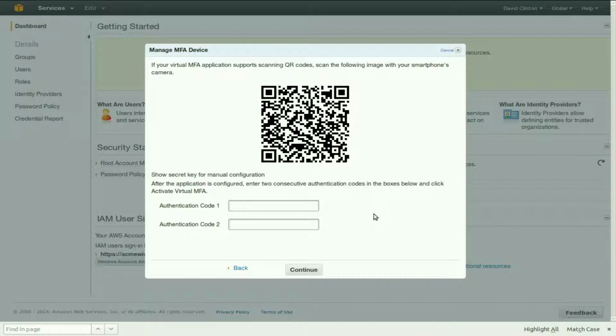So you enter the first two codes that you see, one after the other, and you click on Continue, and you're done. This smartphone will now be associated with this Amazon account. The next time the user wants to log in through a PC to the Amazon account, he'll be asked to use the Google Authenticator on his smartphone to add that physical hardware factor to authentication.